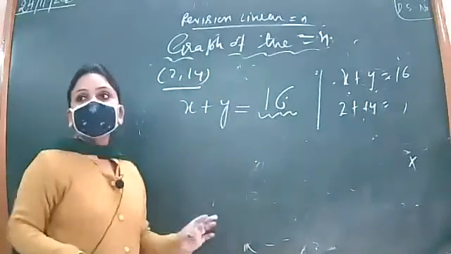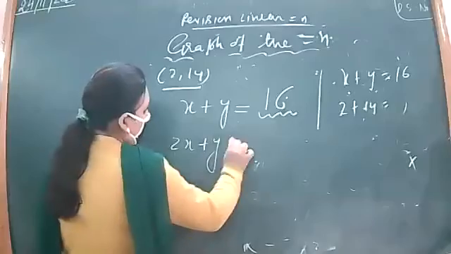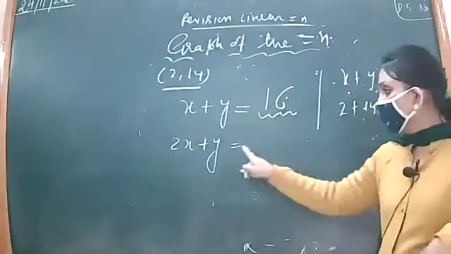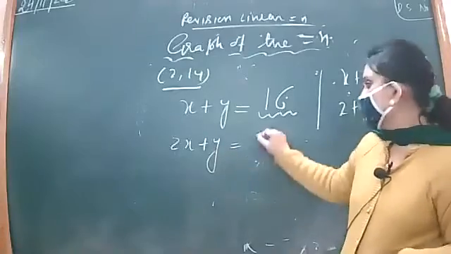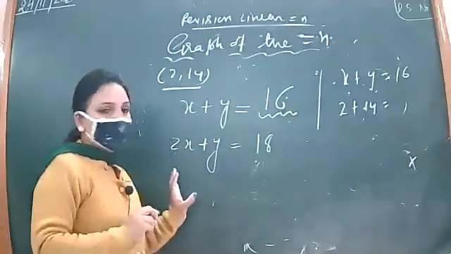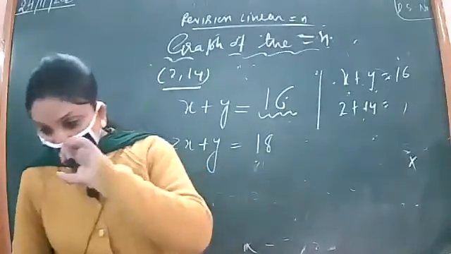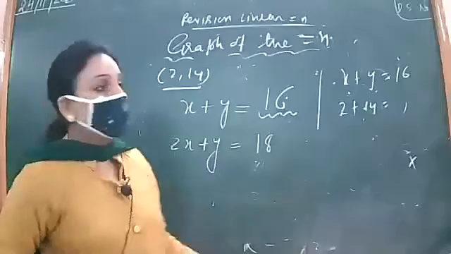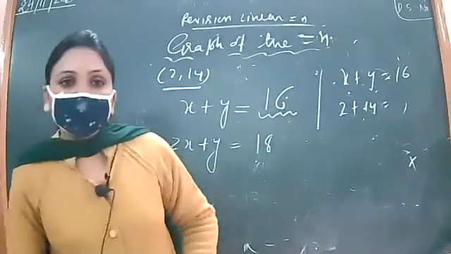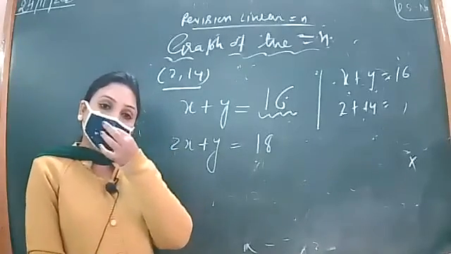So you can take any other example also, any expression you see. Suppose I am taking 2x plus y. Accordingly, I will maintain the left hand side. So put x to be 2 and y to be 14. This becomes 18, right? So you have two equations of lines which pass through (2, 14). He says equations of two lines passing through (2, 14). So we draw this. Second, he says, how many such lines can you form and what is the reason for your answer? Give the reason for your answer.